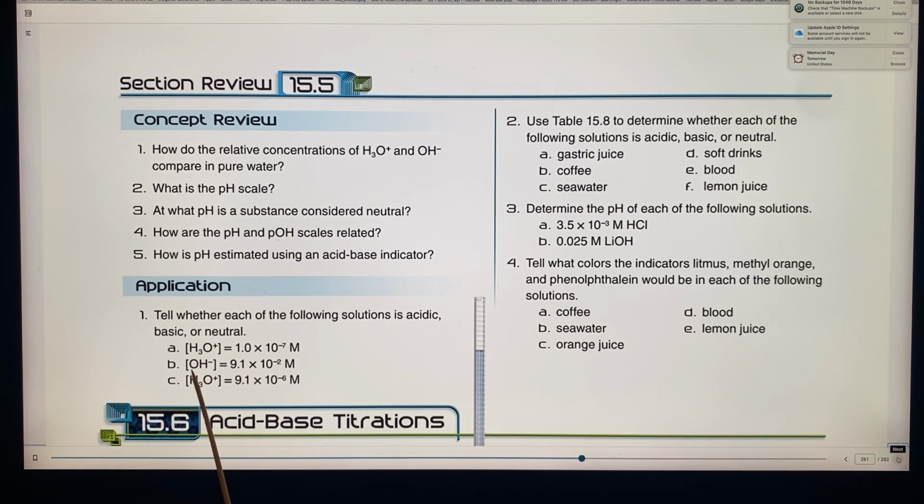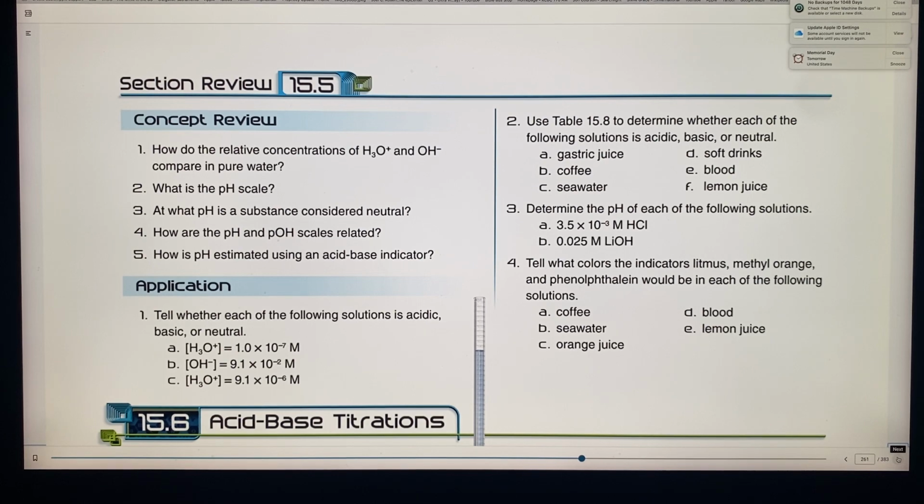basic because you're talking about OH. You're not talking about, here you're talking about the H. So that it's going to be acidic. 10 to the negative 7 of H is going to be neutral because it's 10. But here you have OH. So now you say a negative 2 of